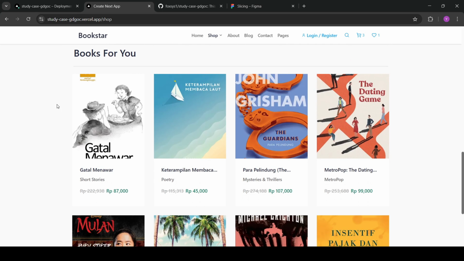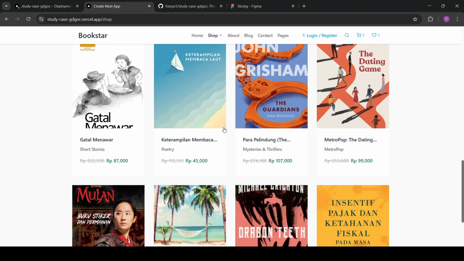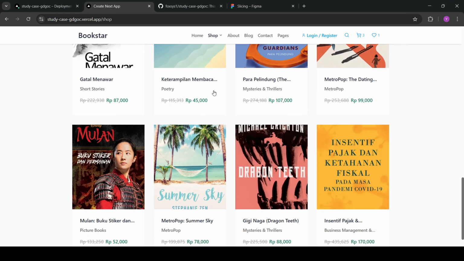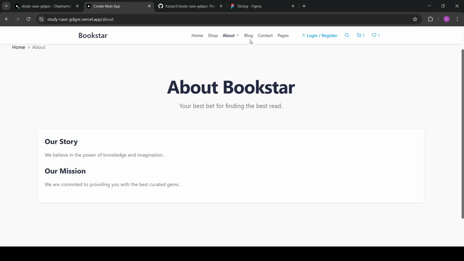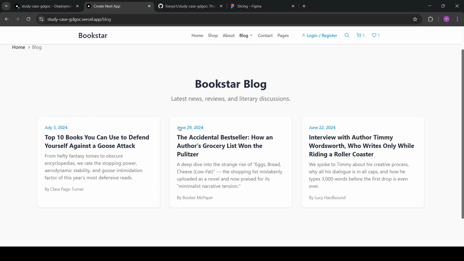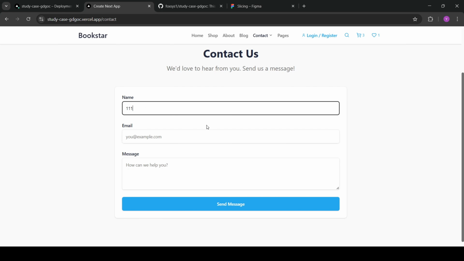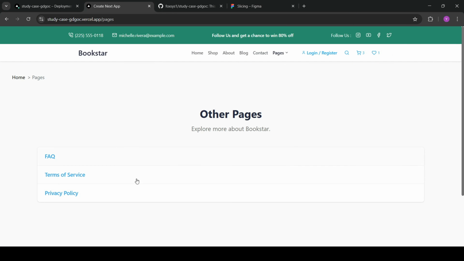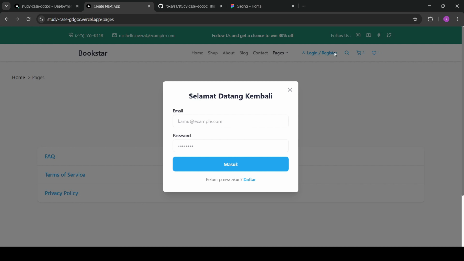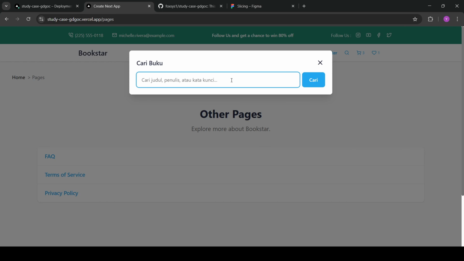And then at the bottom we have the books for you, which contains 8 books that I fetch randomly using the random endpoint. And then we have the about page that contains just a short description, the blog page, which contains 3 mock articles, the contact, which is just a mock-up UI, cannot actually send anything, the pages, which is also just a mock-up, the login and register, which is also just a mock-up UI,